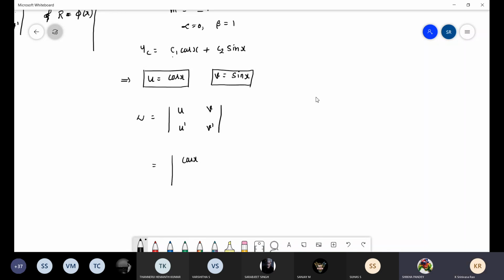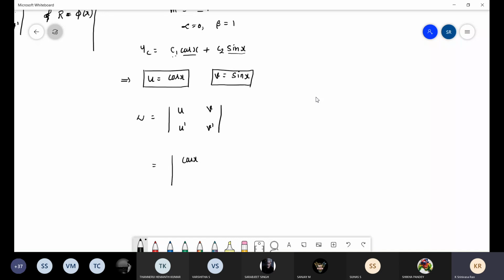You should not take whatever function along with C1, that is u, and whatever function along with C2, that is v. You should not take constants. We don't know what C1 and C2 are. That we only have to calculate if the condition is given. We call it a boundary value problem. In that case we have to calculate the constants. That also we will solve at the end.